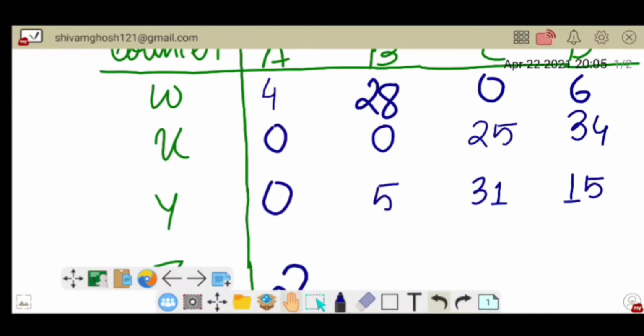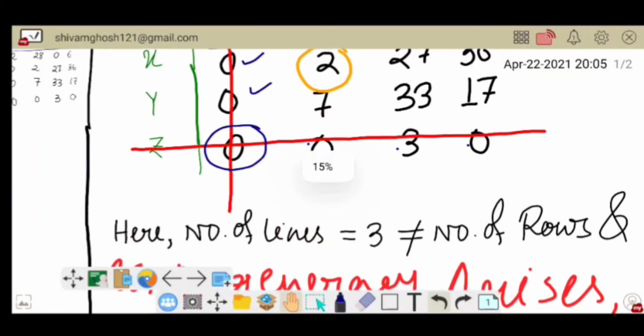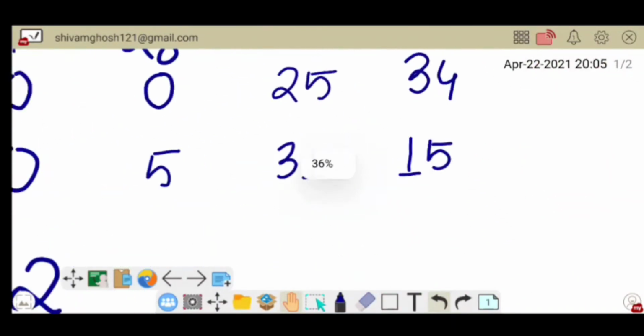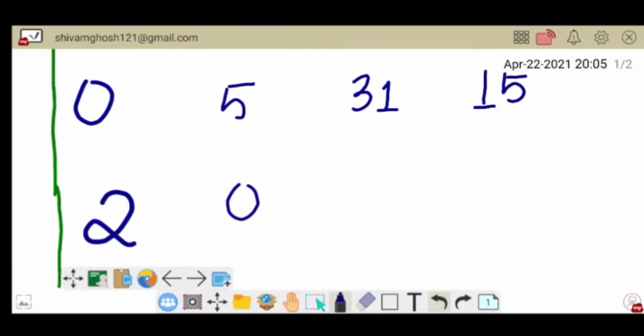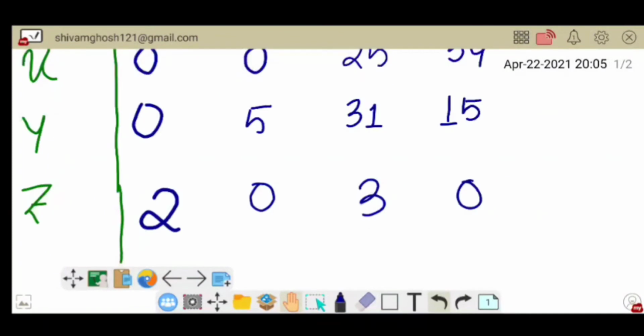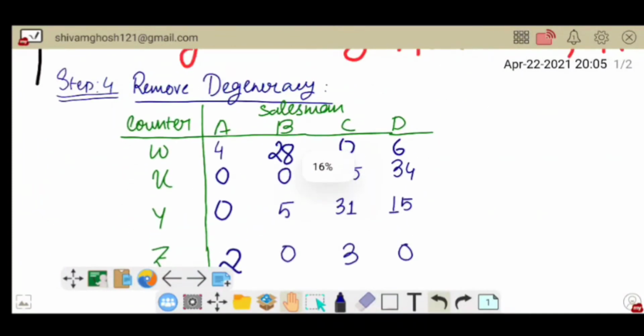And the next one is 0 3 0. So it is the new matrix now, and we have to draw some lines on that.